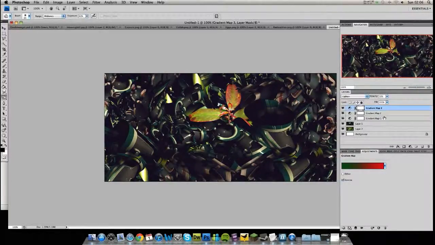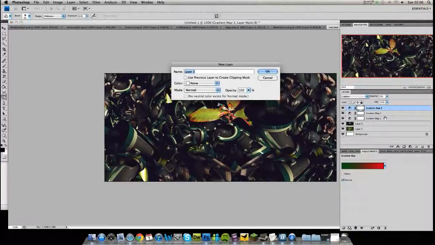So now you want to create a new layer, so you press Shift, Control and N, and I'm going to